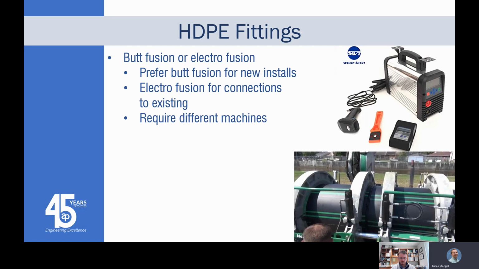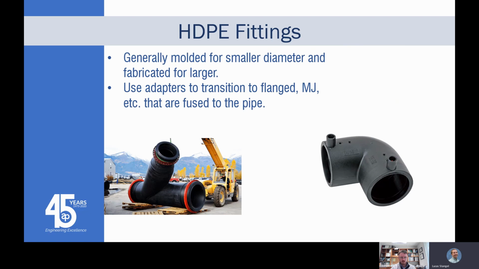But there is electrofusion, so go back to that previous slide. That picture on the right, that's an electrofusion elbow. Those two little pipes sticking up off there are connections to hook up to the electrofusion machine. So you can slide your pipe in there. Then there's basically wire wrapped around in there, and you hook your machine up to it, and that wire gets hot and fuses the pipe and the fitting together. You see that more often on saddles and stuff onto existing pipe,